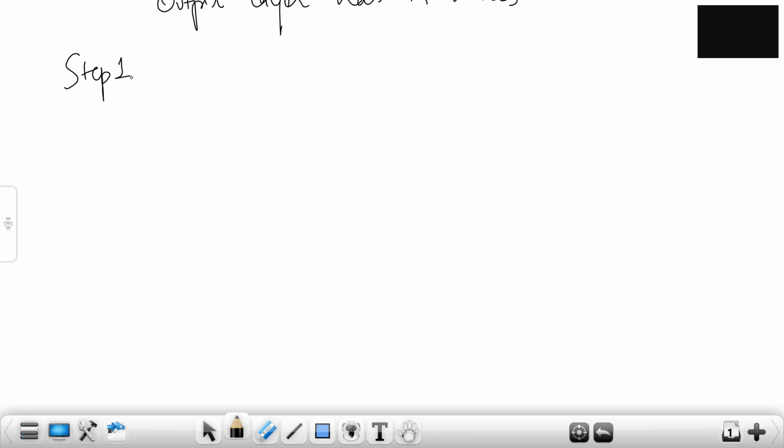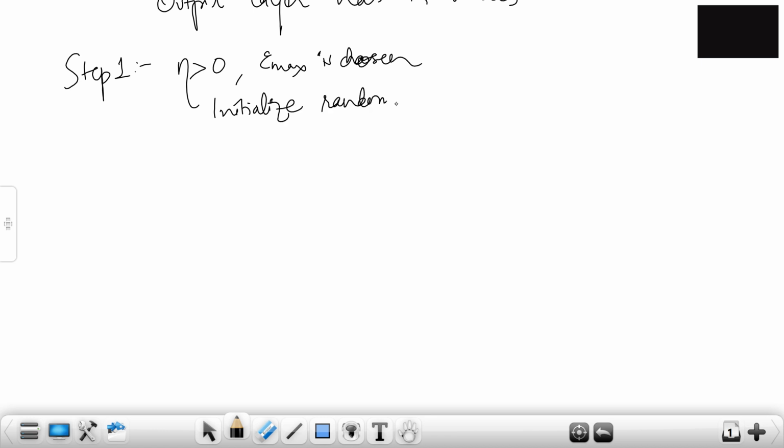Step 1, what do we do in step 1? Eta is greater than 0, and Emax, the maximum error that you can allow, is chosen. Initialize random weights, that is W and V. These are the weights we are going to initialize.